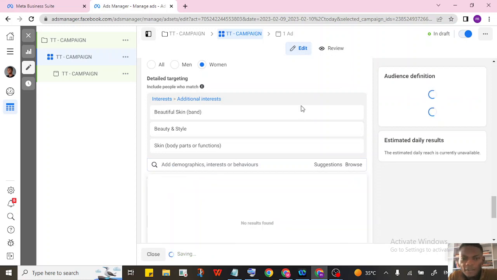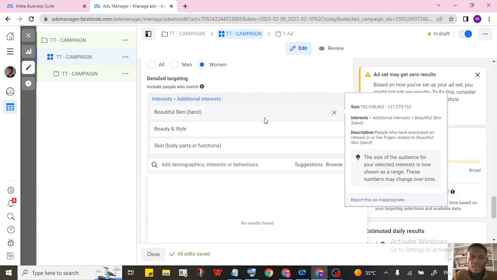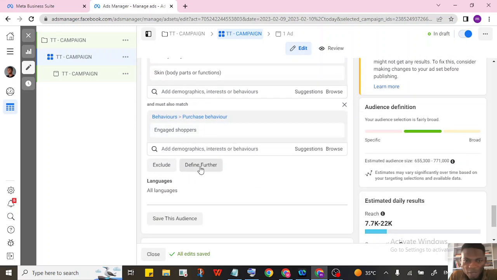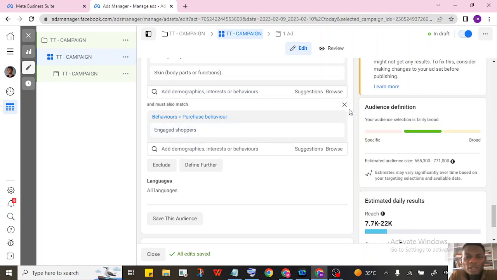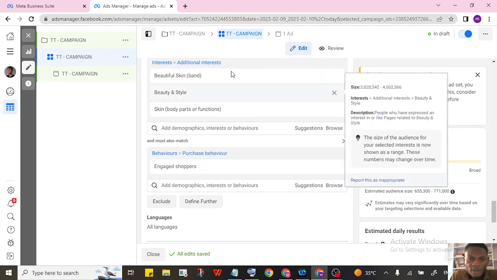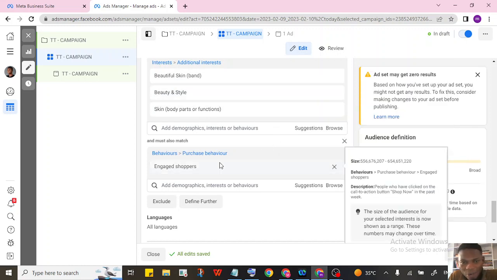So now after you have added all of your interest keywords here, and you have narrowed down, you have defined further, and you have added a behavior, which is engaged shopper, Facebook naturally finds your audience based on this particular interest and narrows it down to